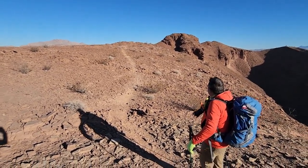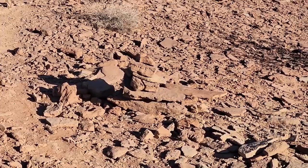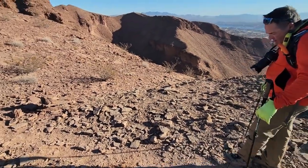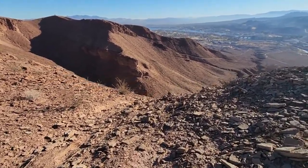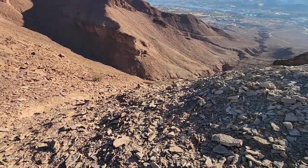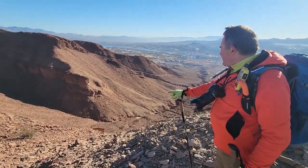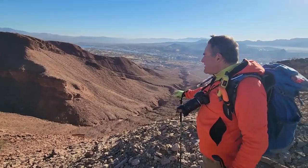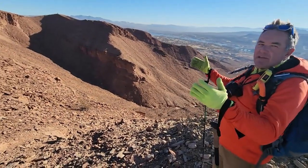So notice someone has placed a little marker here. There's a reason we need to descend here and skirt the edge, or maybe below. How far down do you think we need to go, Jean-Luc? Yeah, we have to go down from here. It looks bad, but if you see on the right of it, you have an easy access to the bottom of the cliff. And because you can see it from here, it looks very engaging to continue this way,